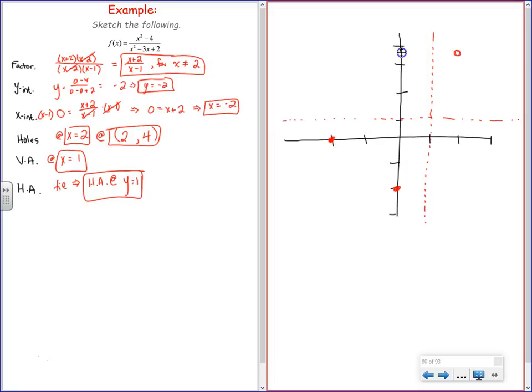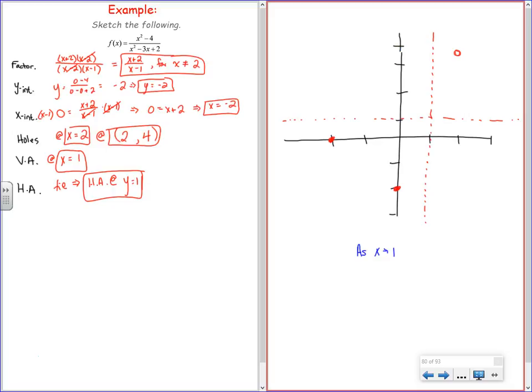So, coming back. I need to figure out what's going on by this vertical asymptote. If I can figure out what's going on here, I'll know whether you guys are right or whether I'm right. So what do we say? As x approaches 1 from